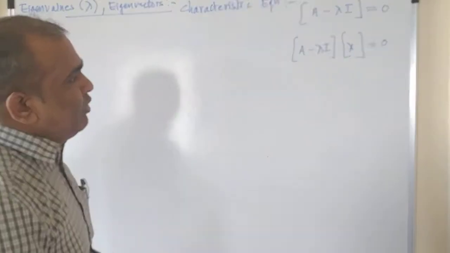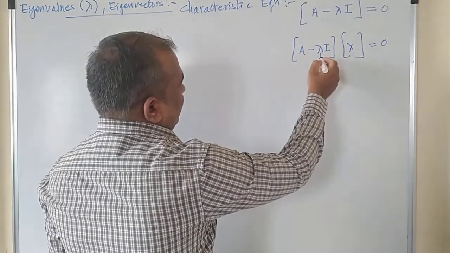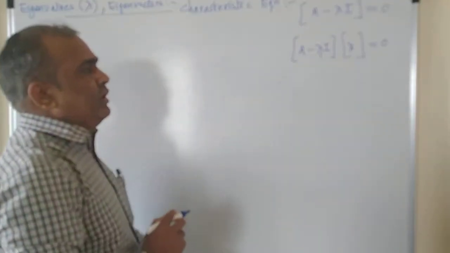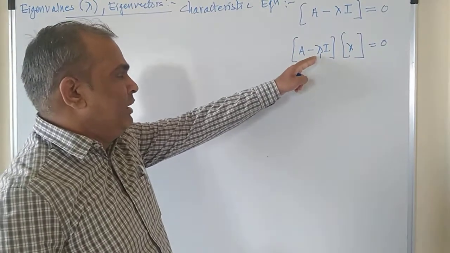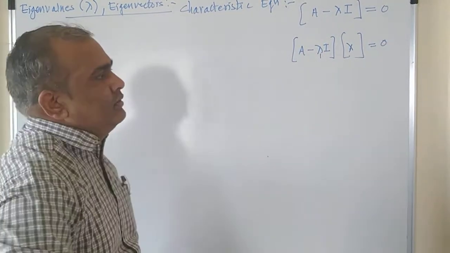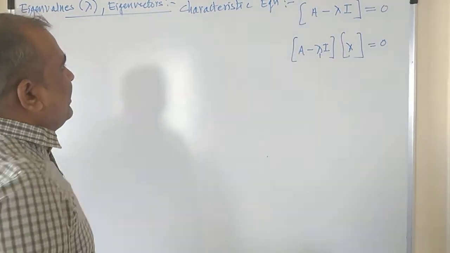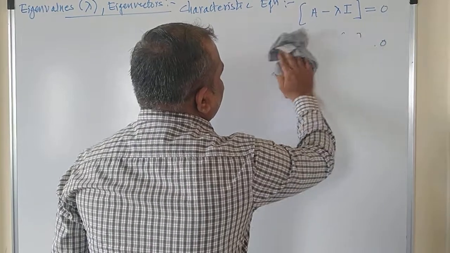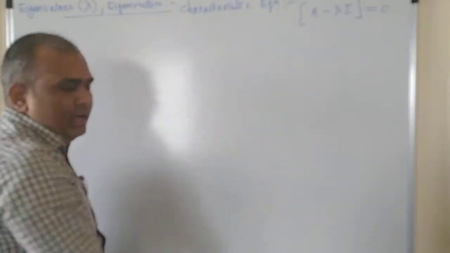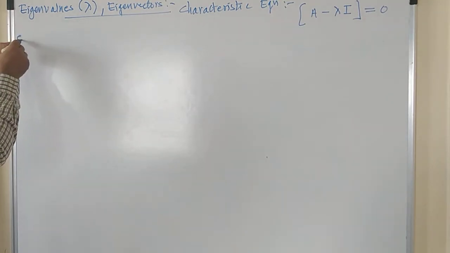One more important point is to put the eigenvalues into this characteristic equation. Suppose you have 3 eigenvalues, lambda 1, lambda 2, lambda 3, and you will get 3 eigenvectors, right? The best way is to go directly to the example so that you can understand how to calculate the eigenvalues and eigenvectors. So the first example is